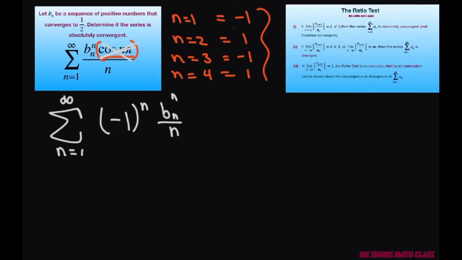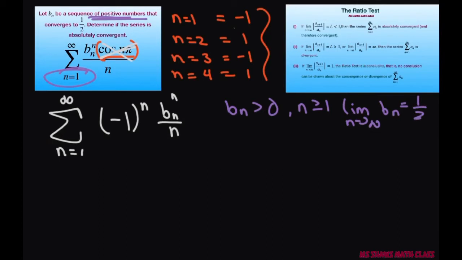Now it's given that our b sub n is positive, for n greater than or equal to 1. And it's also given that the limit as n approaches infinity of b sub n equals 1/2. That's given here. All right, so starting with that, let's go ahead and use the ratio test to determine if